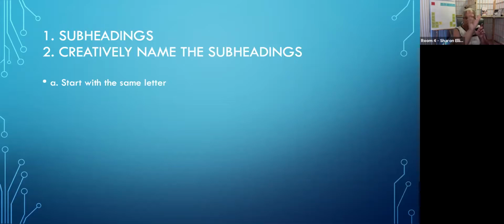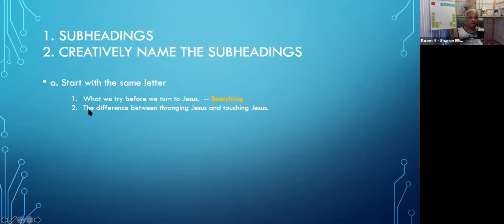So when you're writing your book, put in your subheadings. You have your headings and your chapters, but now each of your sections are separated out, so use subheadings. So start maybe with the same letter. All of your subheadings begin with the same letter. So here's an example, part 2 of that chapter, the difference between thronging Jesus and touching Jesus. Well, number 1,